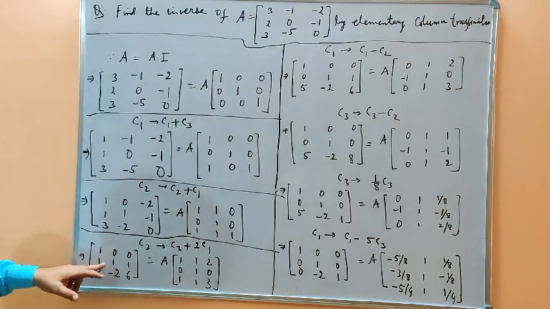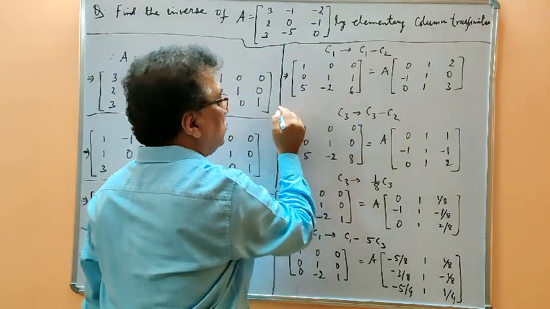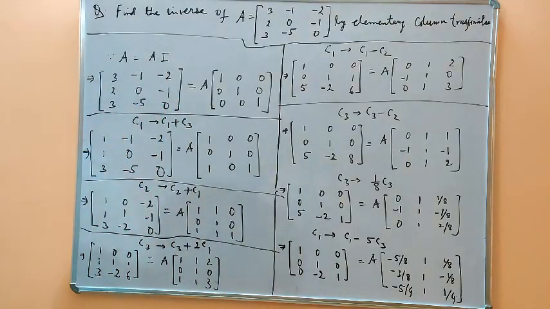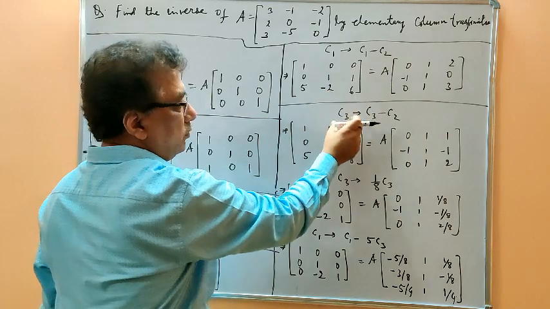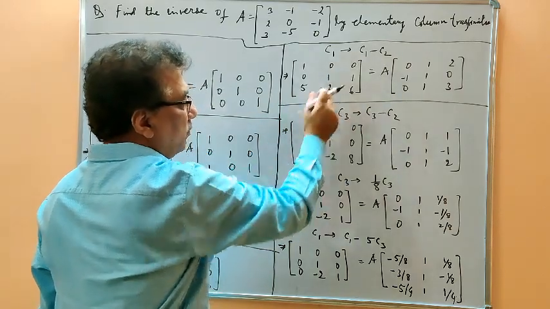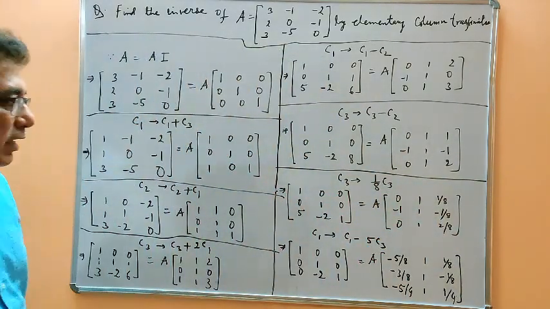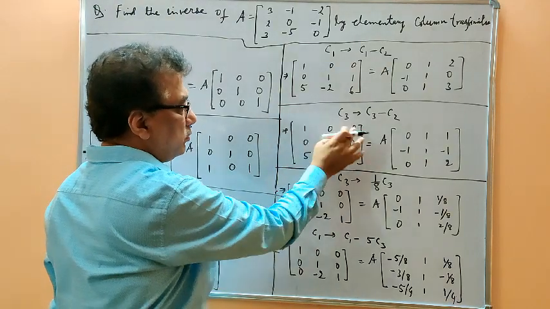And after getting 1, these 2 elements have to be made 0. So for that, the first operation is C1 minus C2, the same we are doing on the right hand side also. Then again, after getting this 0, we have to get this 1 0. So the same operation should be done here. In C3 we have to subtract the elements of C2. Okay. So this is the next result, and after that we have got 1 0 0 0 1 0.